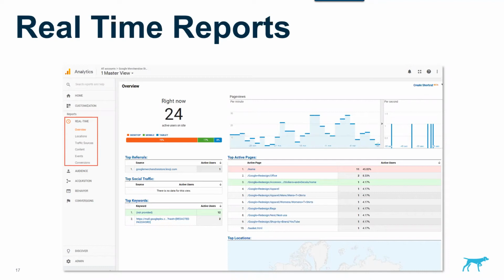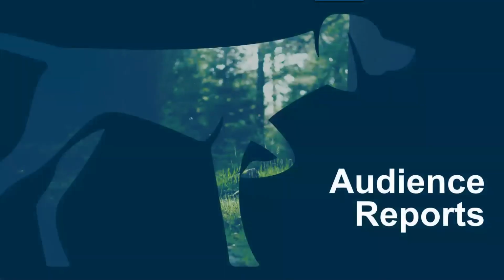Again, for validation purposes, you can come here and see if that traffic source is visible in real-time reports. It gives you a bit of validation that your ads are working and people are coming through those onto the website. Okay, so as I said, there's not much to draw from the real-time reports